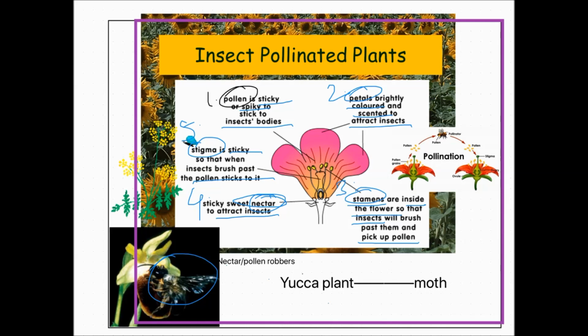Now there is a relation between two organisms, yucca plant and moth. There will be a mutualistic relationship between these two organisms. There is a mutualistic relationship between